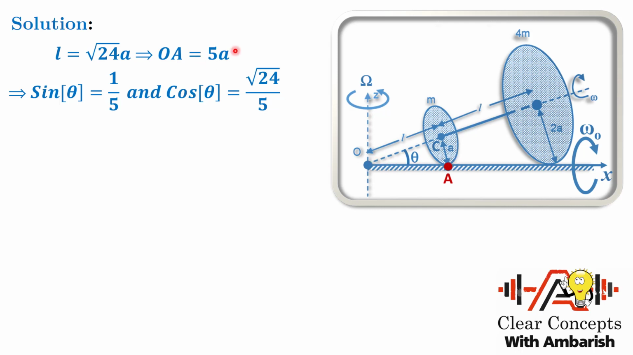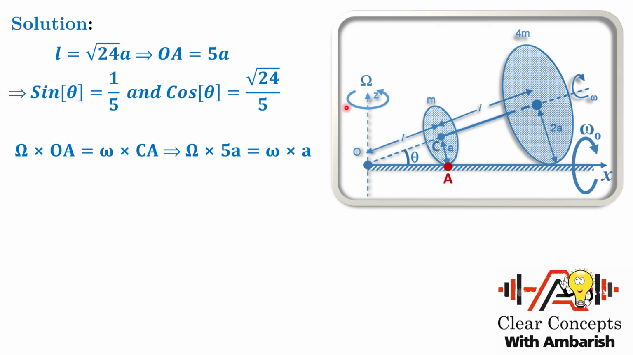So OA is 5a, and now I can find sine theta and cos theta. That will be required for solving this problem, so beforehand I'm finding sine theta and cos theta. Sine theta is simply 1 by 5, since the perpendicular is a and the hypotenuse is 5a. So sine theta is 1 by 5 and cos theta is L by 5a, so that is root 24 by 5. Sine theta and cos theta we have found, and now I want to find this angular velocity